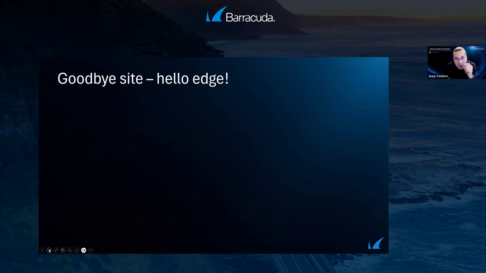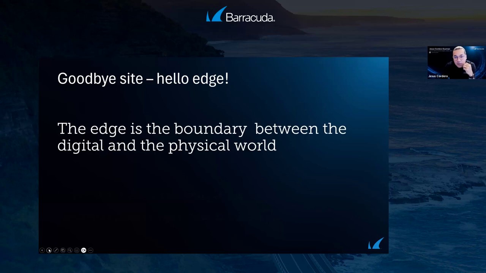Now, let's say goodbye to the site and hello to the edge. Why? Because with the new topology of the secure access service edge, and ZTNA is a part of SASE, as I mentioned before in that storyline I showed you at the beginning of the presentation, this edge is what is going to connect everything physical on-prem, in the cloud, whatever SaaS applications or whatever you are utilizing to work on a daily basis, putting everything together in the best and most secure way.